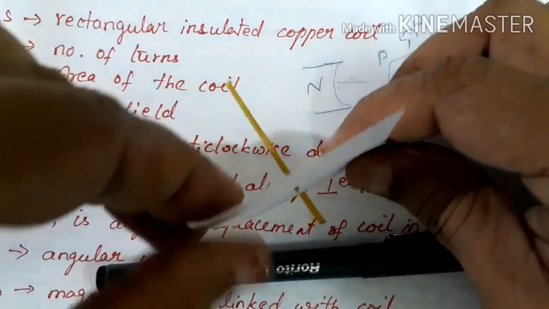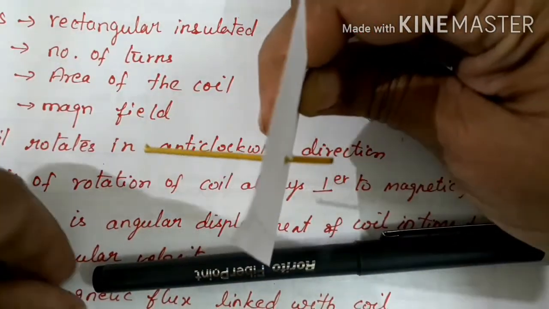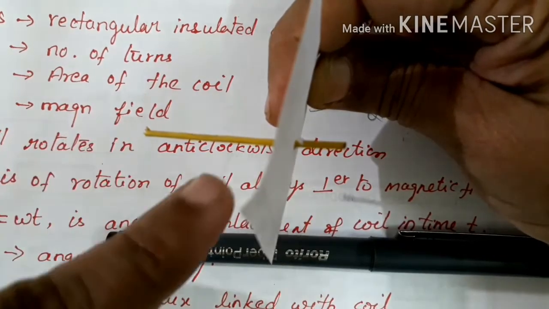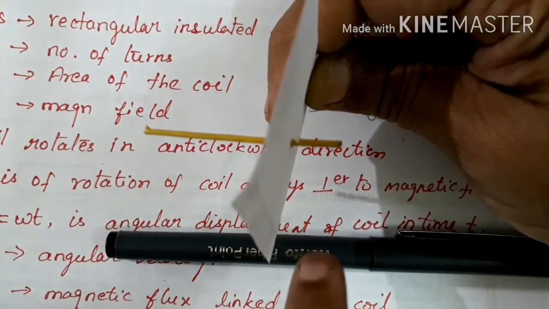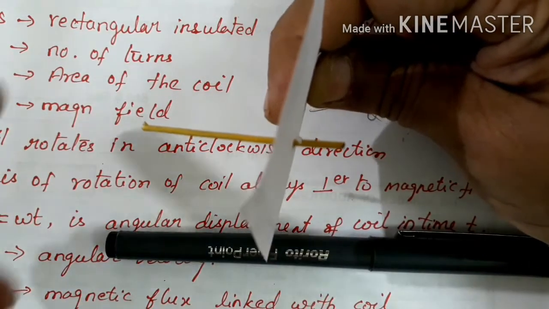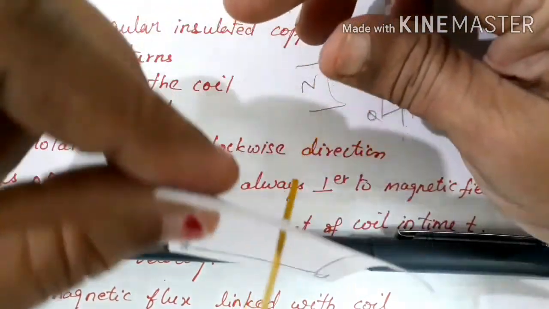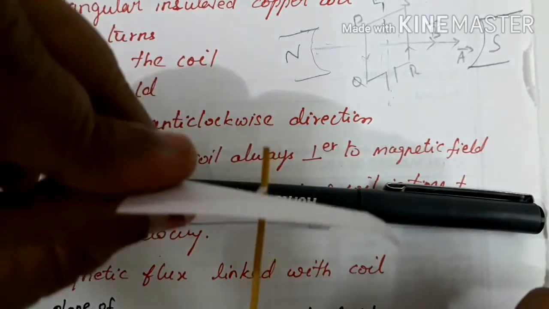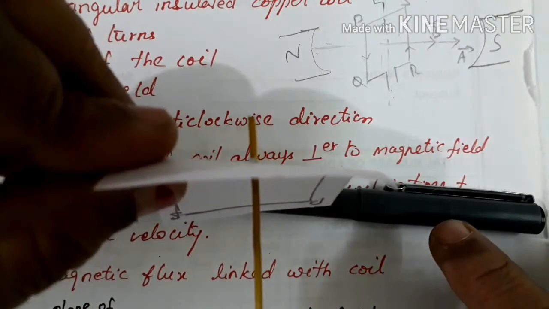If you rotate now this way, this is the third position. You can see that the angle is 180 degrees. You see that the A vector is this side and the B vector is on the opposite side. So 180 degrees, and this will now be 270 degrees. Here the angle between the A vector and the B vector is 270 degrees.